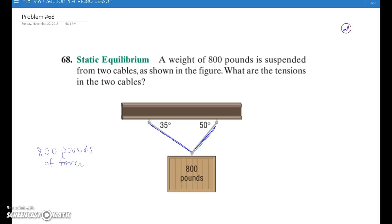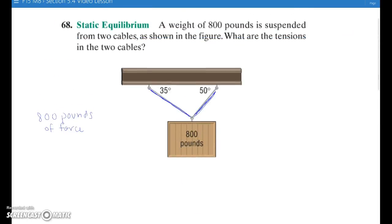So the first thing we need to do is draw a picture that will be more helpful to us. So we think of that load as what's called a point load, and we just draw a little point to represent the box. And then we show that there's 800 pounds pulling straight down on the cables because of the weight of the box. So then we need to look at what angles the cables are at, and the first